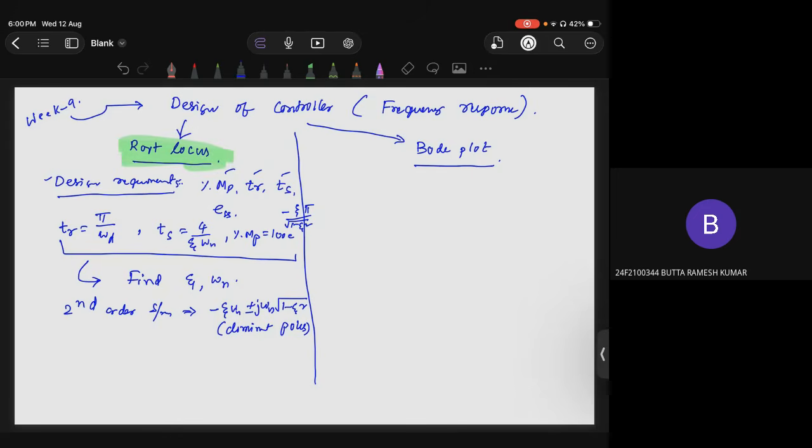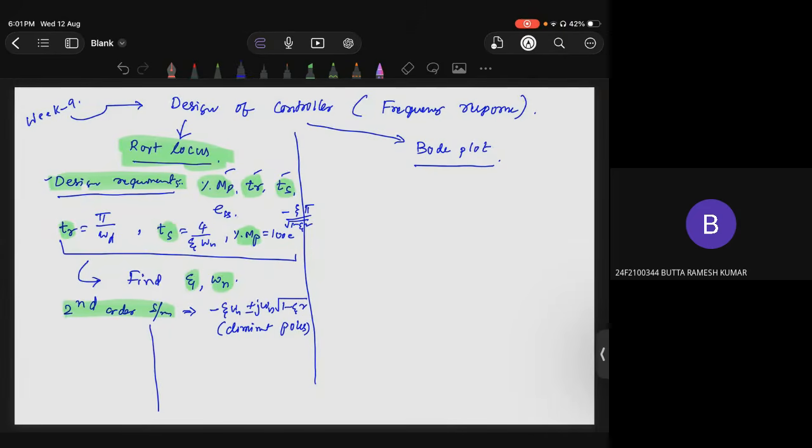Any doubt in this? Basically, for any controller problem, we will be given design requirements. My overshoot has to be this much, rise time has to be this much, settling time has to be this much. So from time domain analysis, we have these formulas. Using those formulas, we will find zeta and omega n. Then for a second order system, we have this equation, which will give you two poles. We generally call them the dominant poles. Once we have these dominant poles, what we do is,